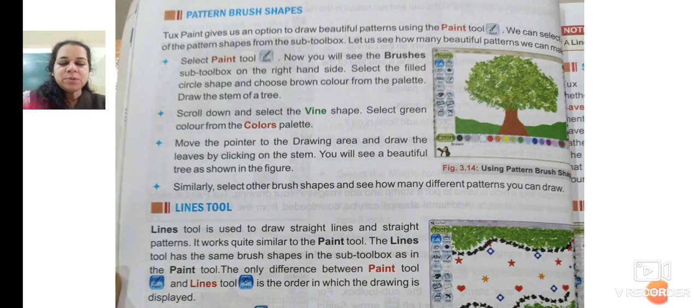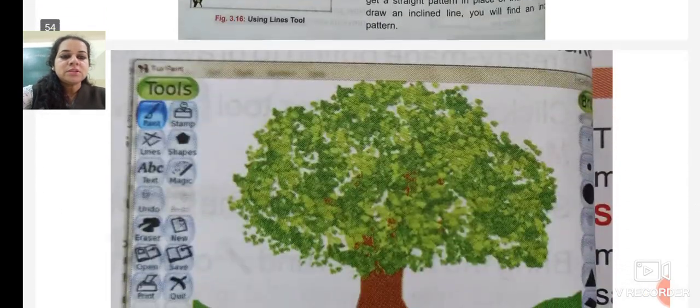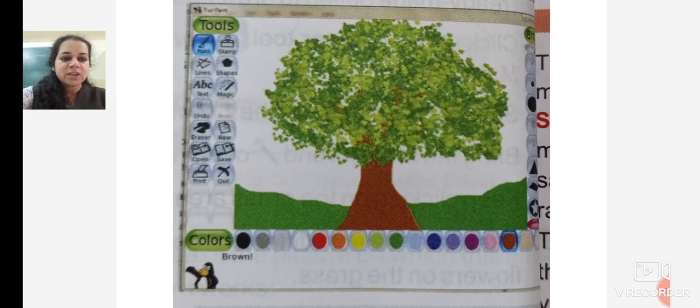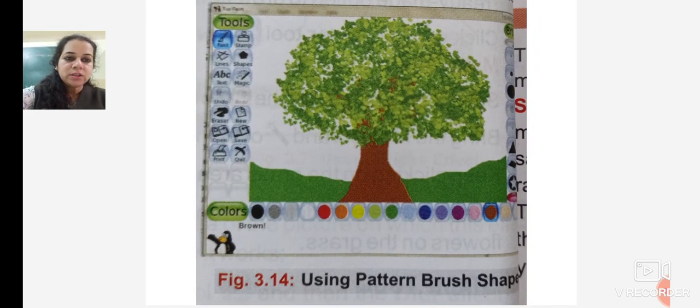Students, in the video we saw how we use pattern brush shapes. Here is the image of using pattern brush shapes. How you can draw the drawing of the tree by using pattern brush shapes.